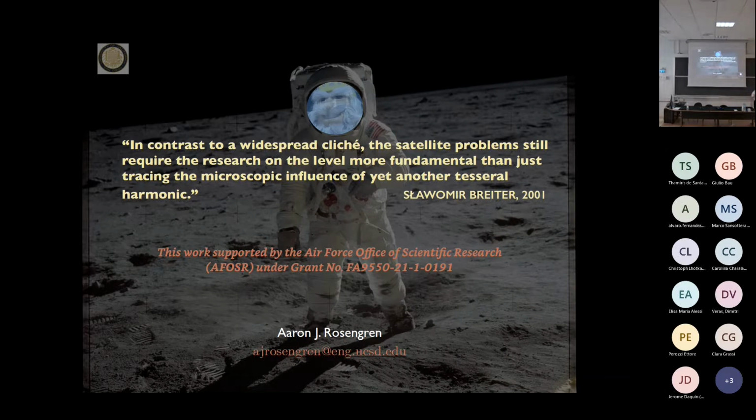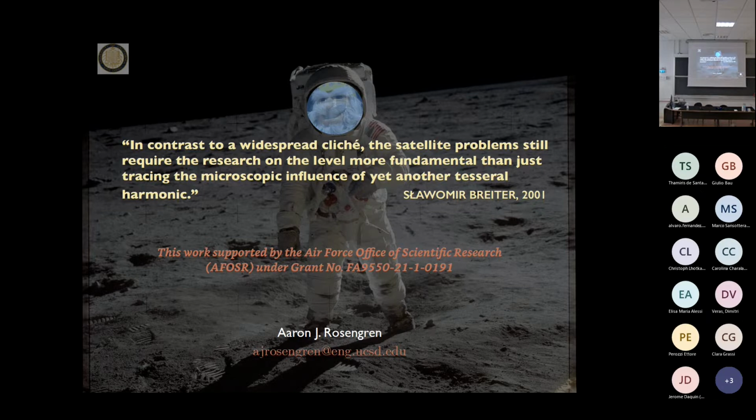So I wanted to end there. I think I'm almost out of time here, but a lot of this work was motivated in part by some of the earlier work by myself, Jérôme Daquin, Alessandro Rossi and others on understanding how to use resonances in Galileo, GPS, and medium Earth orbit regimes to render space more sustainable. Find the ocean gyres of space, the regions where you can park satellites so that they will be long-term stable, and also where you can put them in regimes that will allow them, with a small maneuver, to re-enter the Earth.